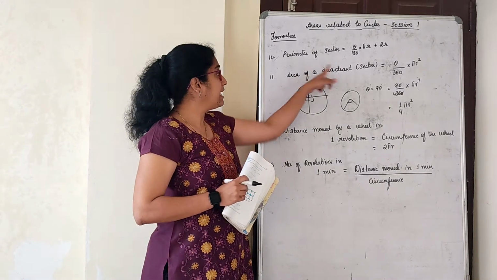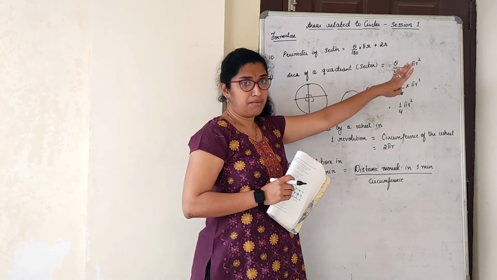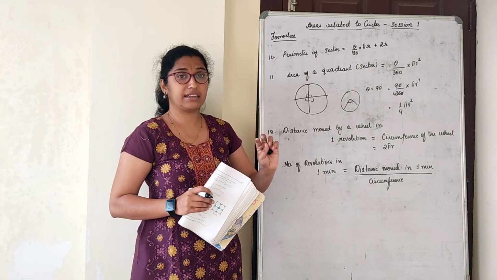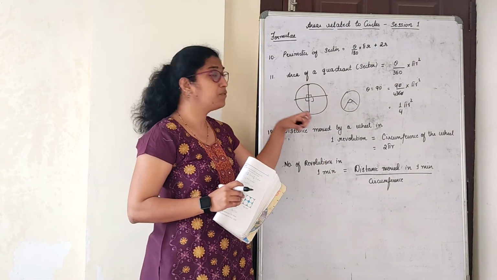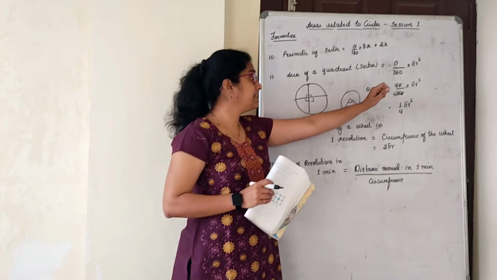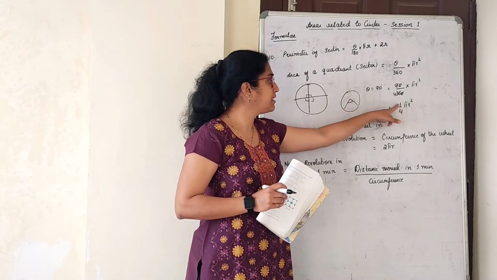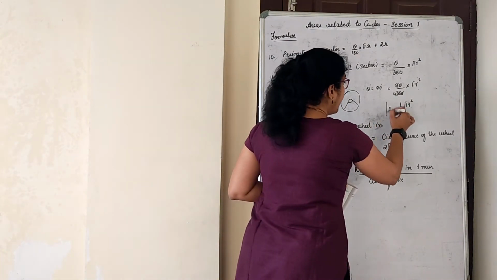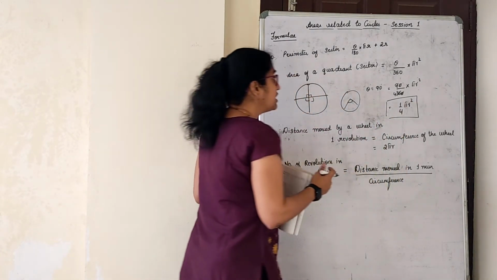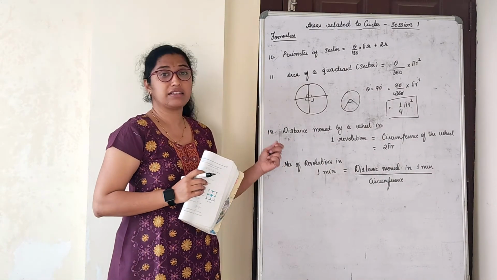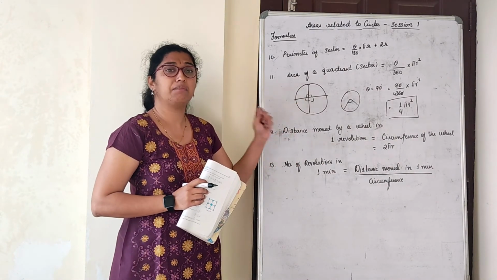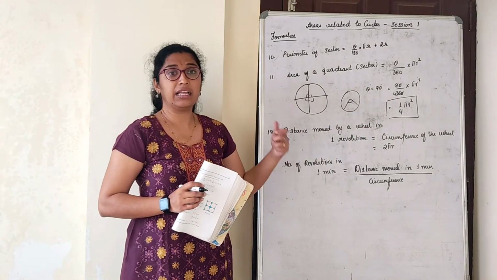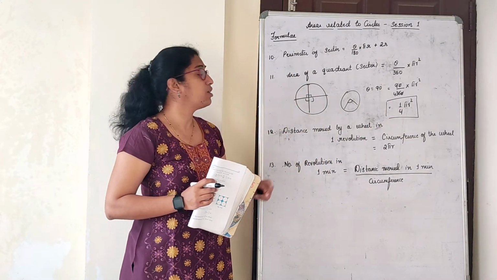Okay. Area of a quadrant, same formula let me apply. Theta by 360 into pi r square is the area of a sector, standard formula. But what is theta now? Theta is 90 degree. Cancel it. What do you get? 1/4 pi r square. So remember, if area of a quadrant is asked, you need not say theta by 360 into pi r square. The answer is correct, but immediately you can write this one, 1/4 pi r square. That will give you the answer for area of a quadrant.